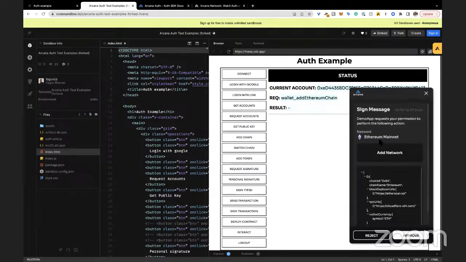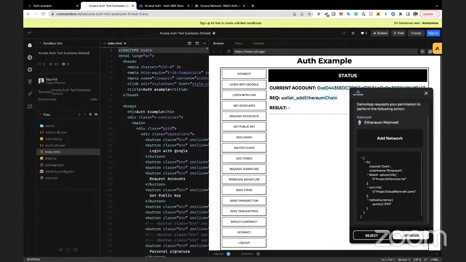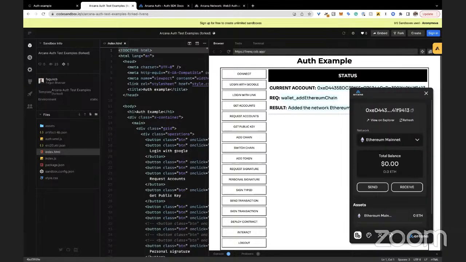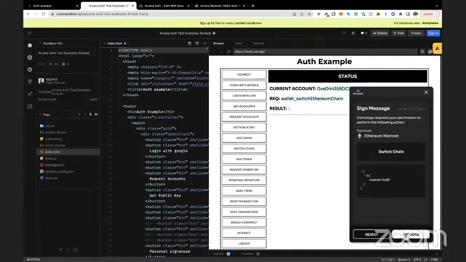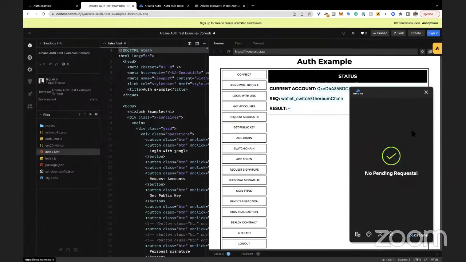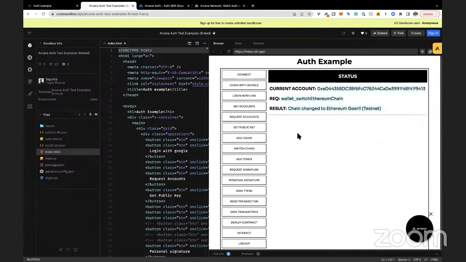So right now I'm programmatically adding a chain that doesn't exist in the list, which in this case is Shadia with Ethereum. Okay, they were change the hard-coded network, but essentially you can add a network of your choice that's not in the list. And then you can also trigger a switch where you point what network you should switch to, and the user just has to approve it, right? So they don't have to manually go to it. So if you see here from mainnet, it switched to testnet,